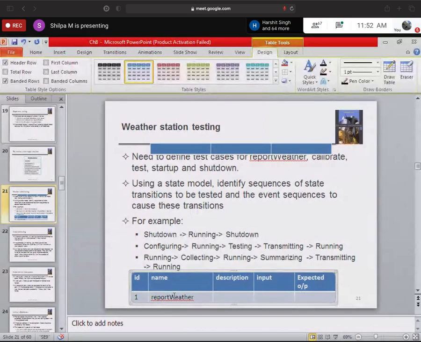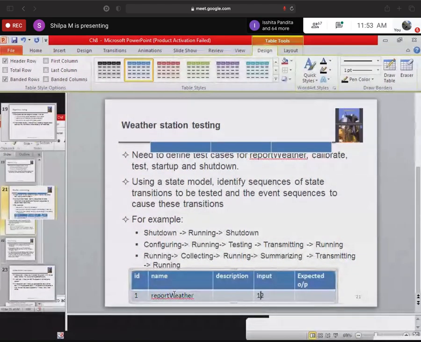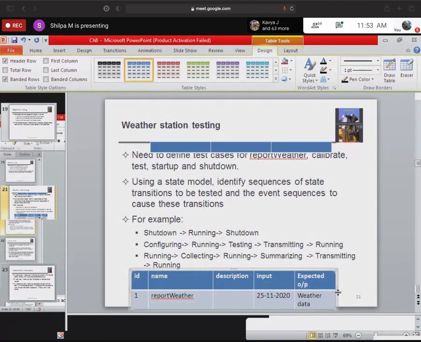Input to this is the date, let's say today's date, something like 25th 11 2020, and the expected output is weather data. Let's say it is a structure or an object which contains the weather data.